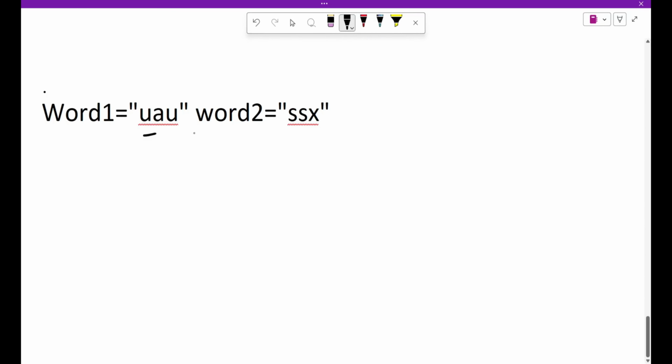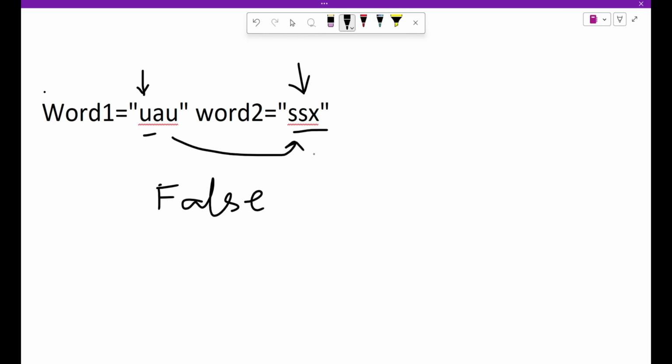So here we have U and then here we don't have U. So no matter when we do a changing operation or swapping operation, we cannot achieve this. So in this case we have to return false. One thing to note is that if we choose any character in any string, then that character has to be present in the other string. If that character is not present, then we cannot achieve